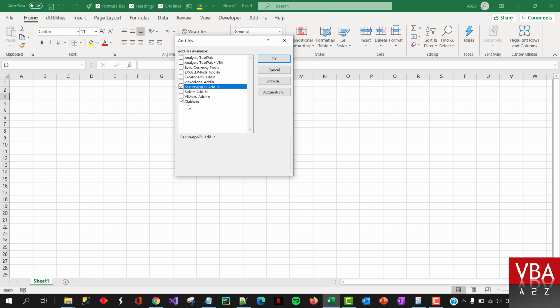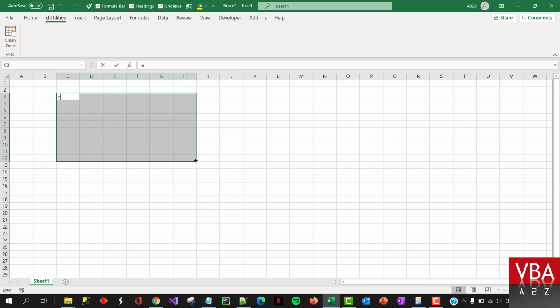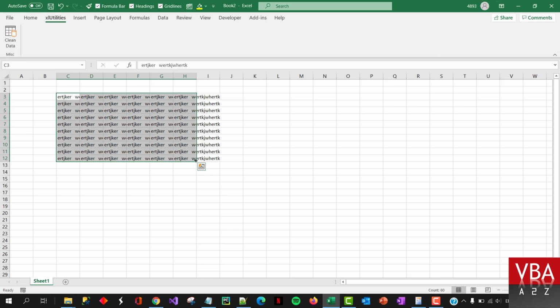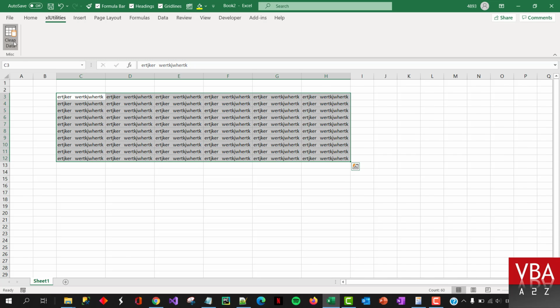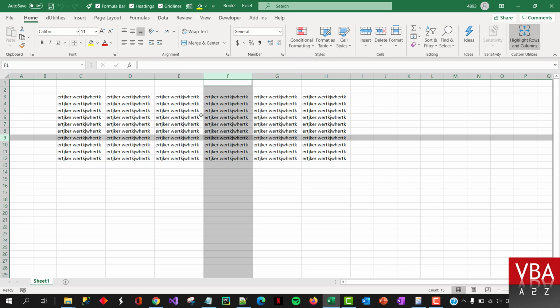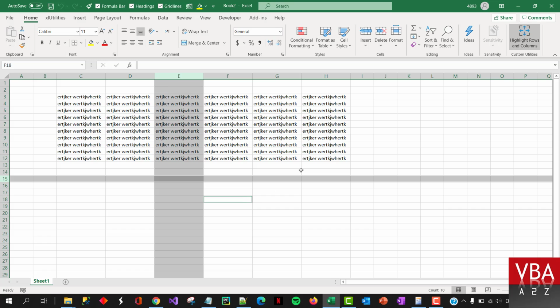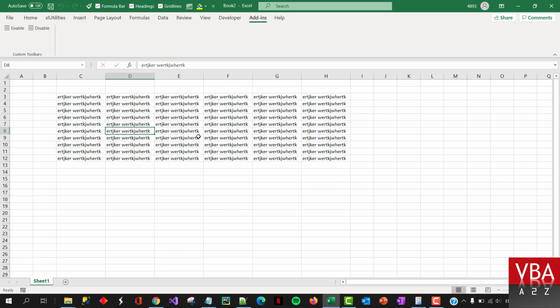Alt DI, so our utilities is there. There is our button. So if I put in some dummy data to trim it, yeah, trimming okay. If I go in here, enable this. If I do multiple of this, it still works. Good. Okay, enable. I can also disable from here as well. If I go to my VBA editor,